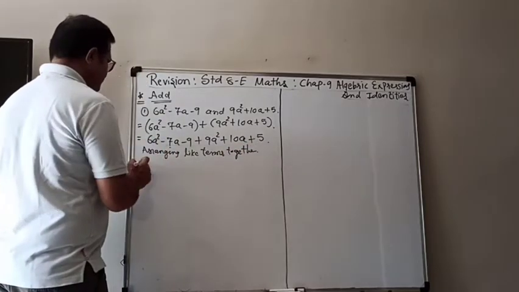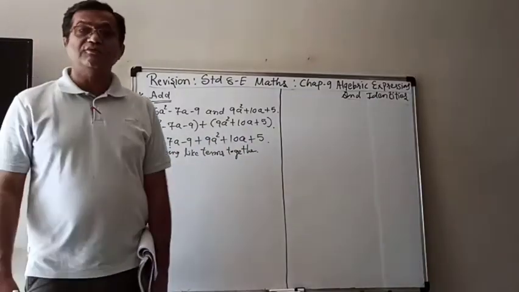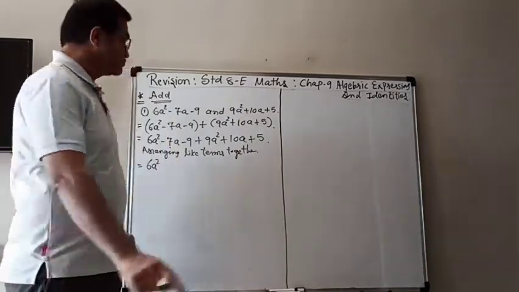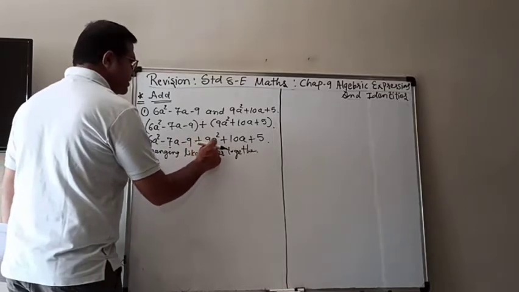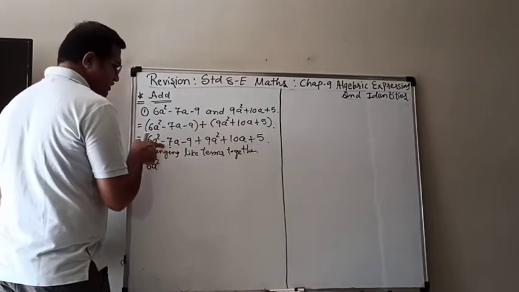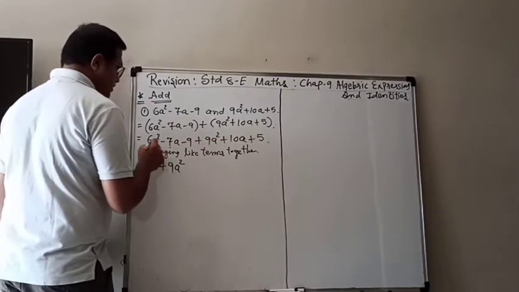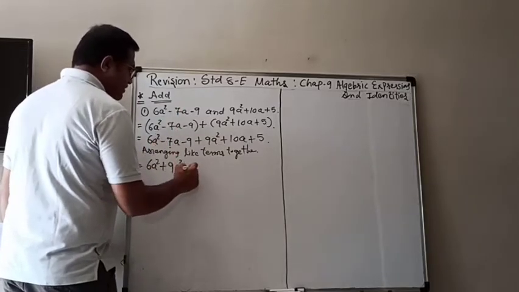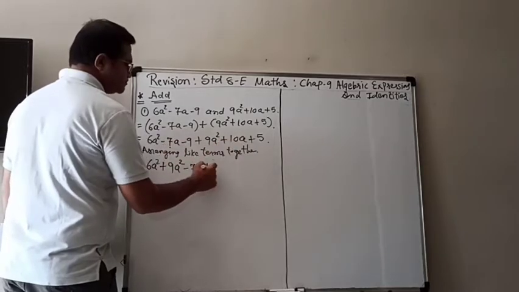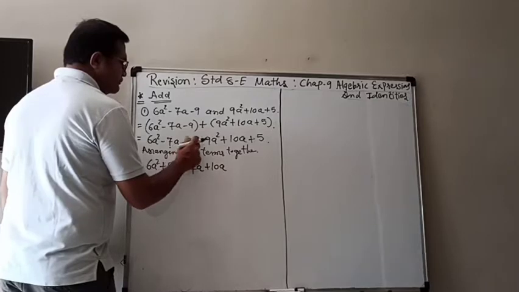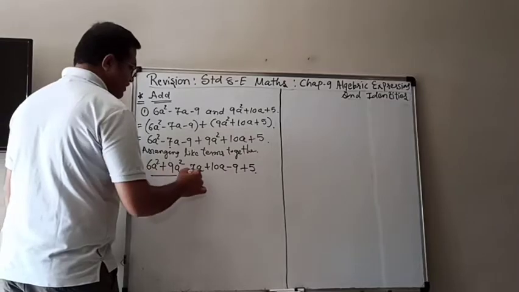First one is the a square family. So 6a square. Now out of that, which is the other term containing a square? Here it is 9a square, and check the sign before it, it is plus 9a square. You don't have to look at the sign, but whatever you bring here, that is plus 9a square. Now here is minus 7a. Who's in his family? Plus 10a. And then minus 9 plus 5. Now the same family together.